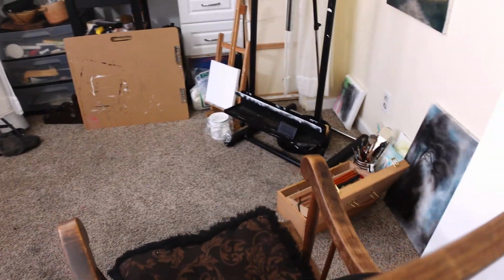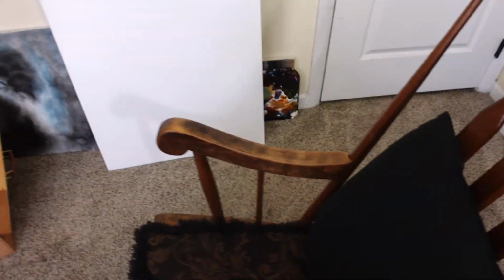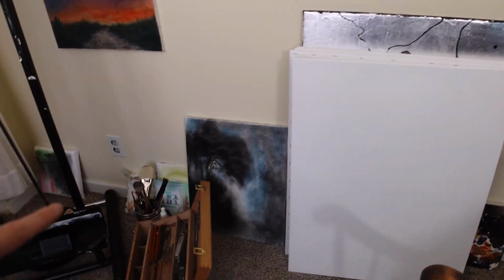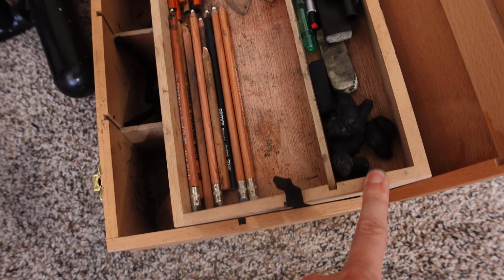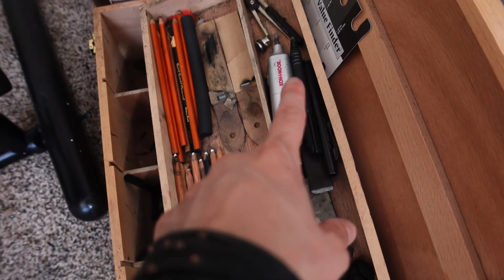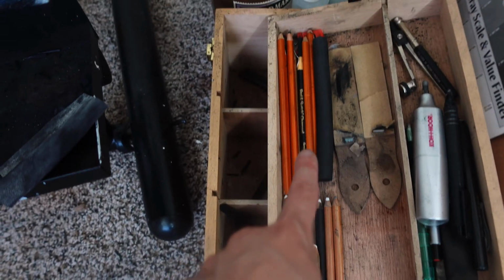Guess I'll give a little tour of what I have going on here. My random chair, my rocking chair. And then this wall, I just have random canvases. And then I kind of reorganized that to where I've got my erasers, more erasers,